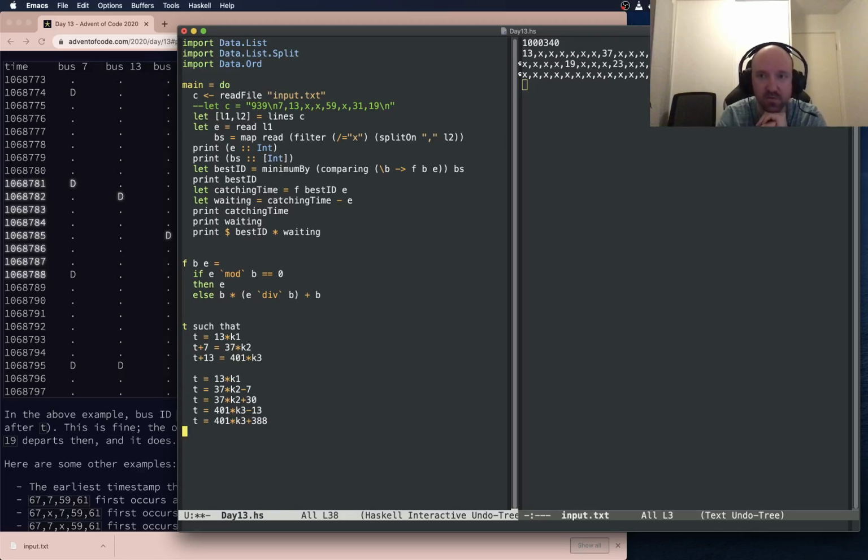Surely not a coincidence that all these numbers look like they're primes. Now, how do we find such a t? I wonder if we can just see what happens if we try combining some of these. If I have this and this together,